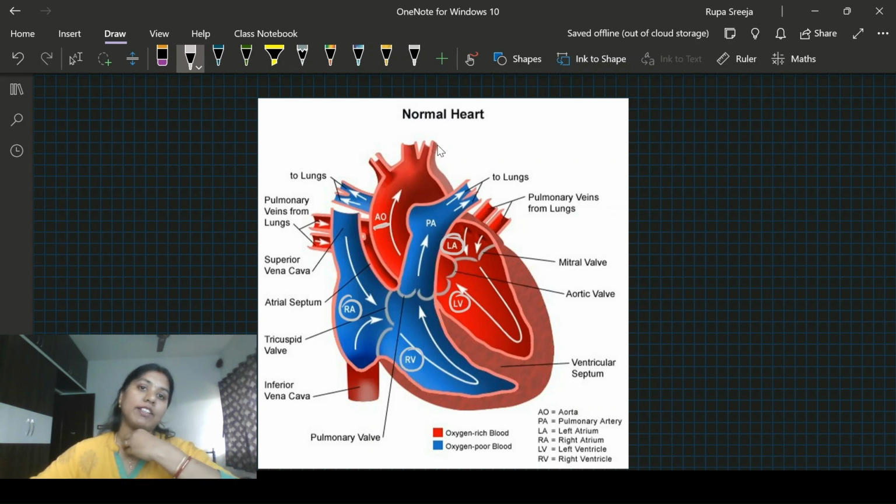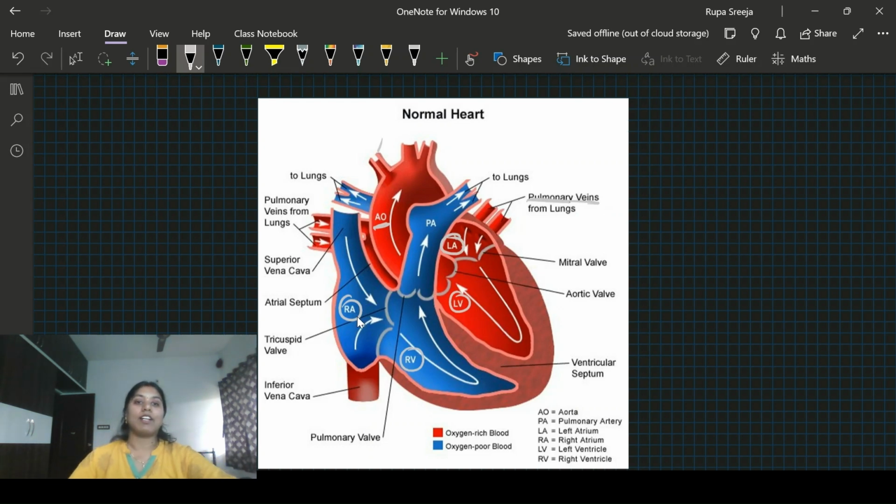And here we find three branches, one of them the carotid artery carrying the blood to the brain, and the other one the pulmonary artery that is carrying the blood to the lungs. Coming to this, the left atrium is getting blood from the lungs, after getting oxygenated, through the pulmonary veins into the left atrium. Okay, this is about the left side of the heart.